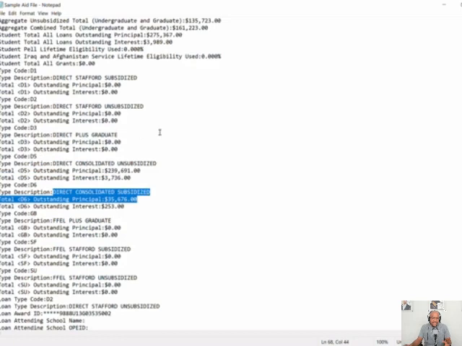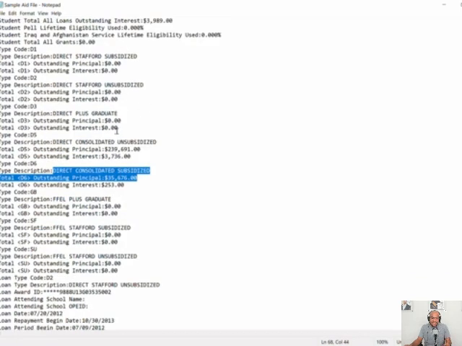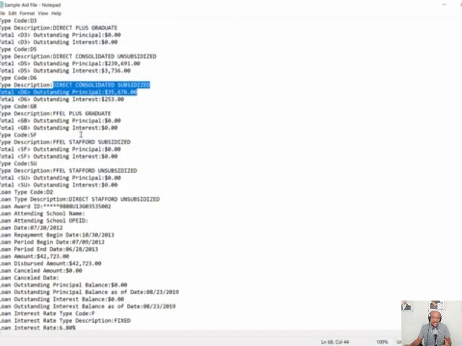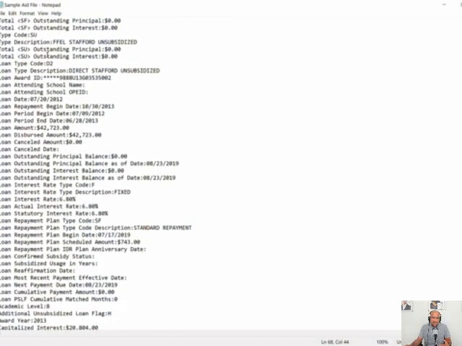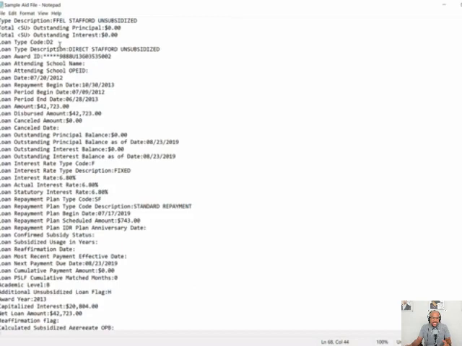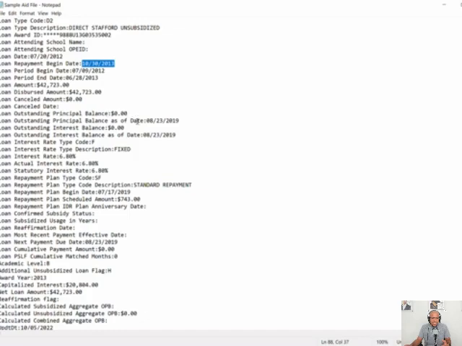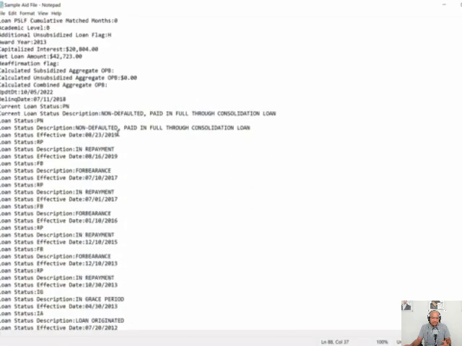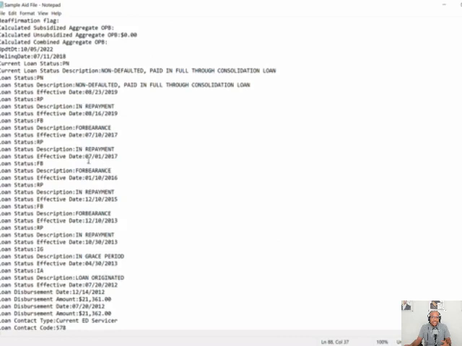student aid data file. Now, if you've consolidated a loan, or if you have an old FFEL or a Perkins loan, I encourage you to find one of the oldest loans that you have and take a look at the payment history, because when you find each individual loan, as we're showing you on the screen, it will not only show you the loan repayment period begin date. In this example, this person started repaying their loans for the first time on October 30th of 2012. It will show you the balance that you had on that loan, but most importantly, for the income-driven repayment plan waiver, it will show you the periods of time that that loan had different statuses when it comes to its